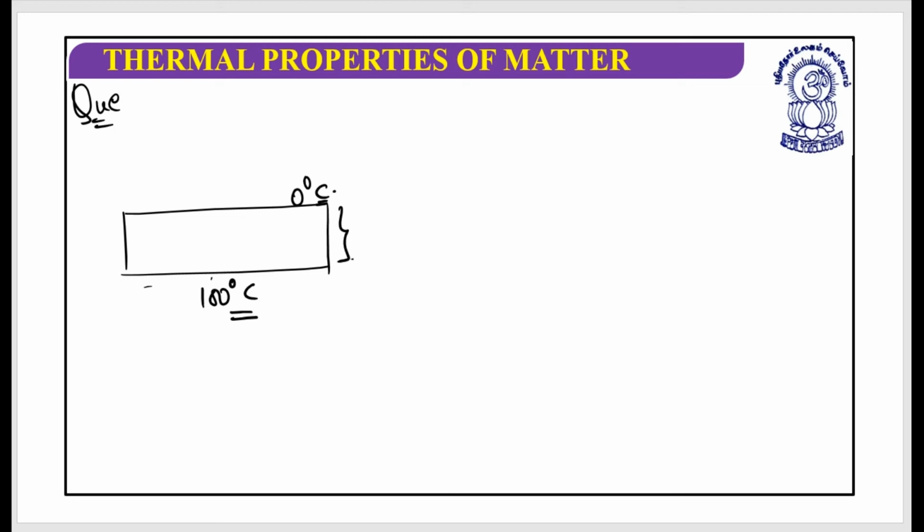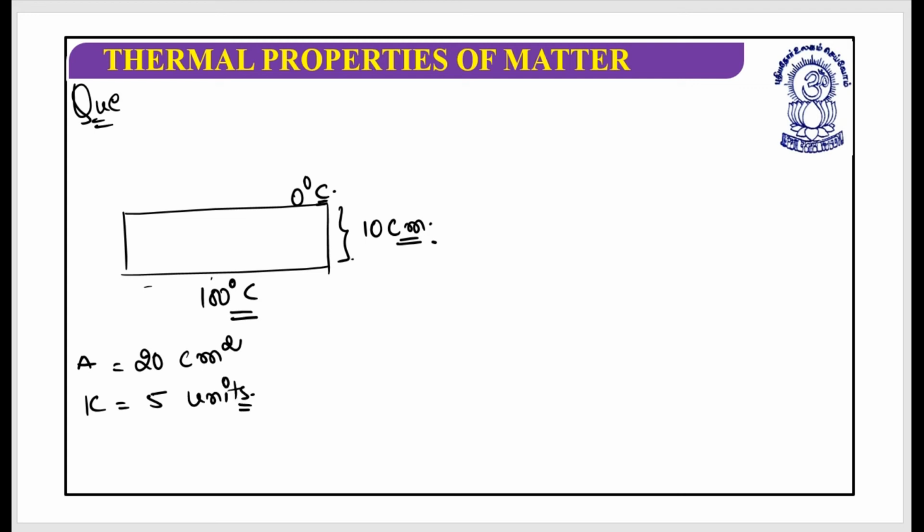This is the thickness, which is equal to, let's say, 10 centimeters, and the cross-sectional area of this slab is 20 centimeter square. Conductivity is equal to 5 units,